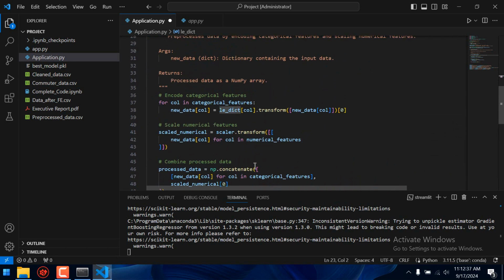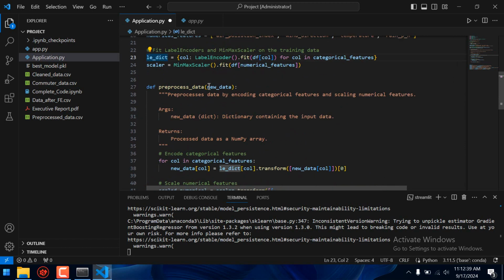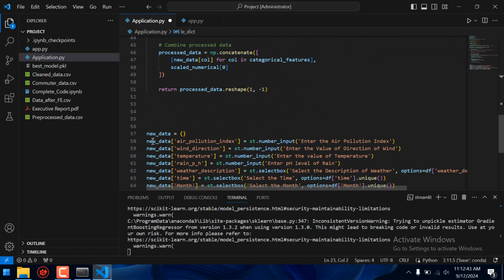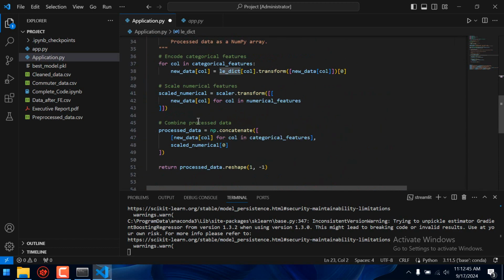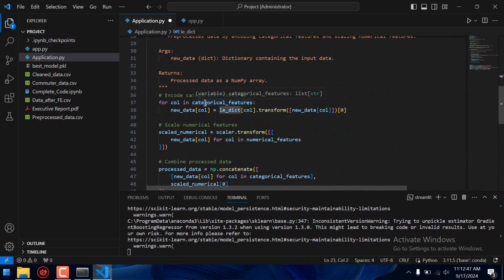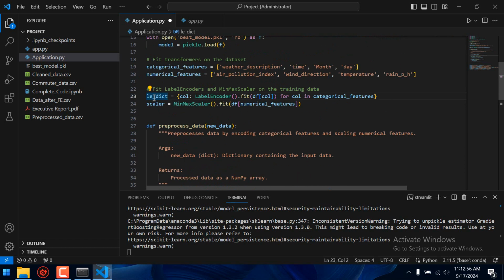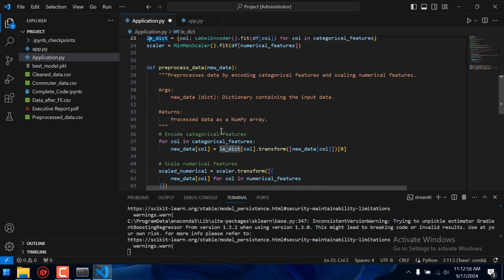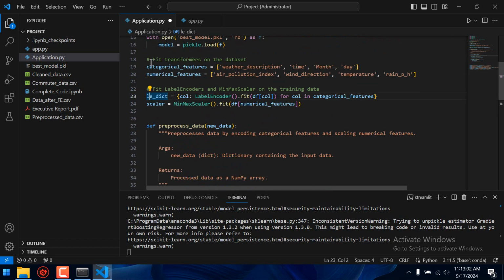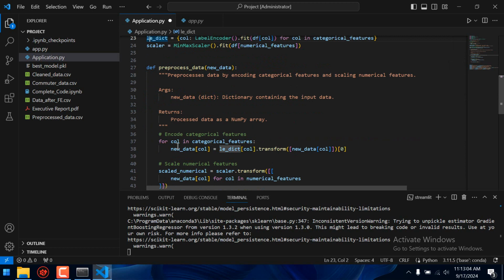For this purpose, first of all, the function will take the new data, all the data here. For the categorical features, it will perform the transformation with LEDict. Now, how does this logic work? First, we take these categorical features and iterate over them.